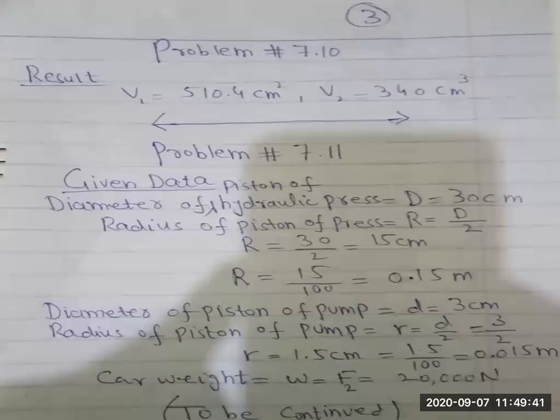When we read about the hydraulic press in our topic, if you open page number 153, I told you when we studied the applications of Pascal's law and the hydraulic press on pages 152 to 153, I will use two diameters or two pistons. One is a small piston and one is the big piston. So here he is taking the diameter of the hydraulic press and the diameter of the piston of the pump. One is the bigger one and one is the smaller one.